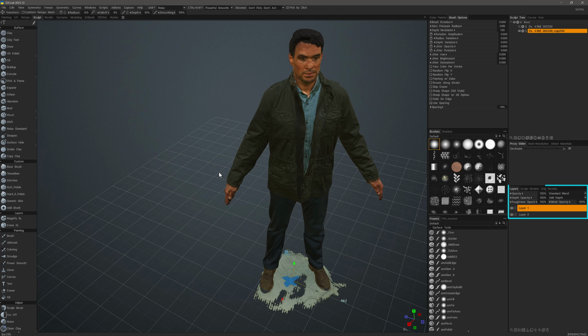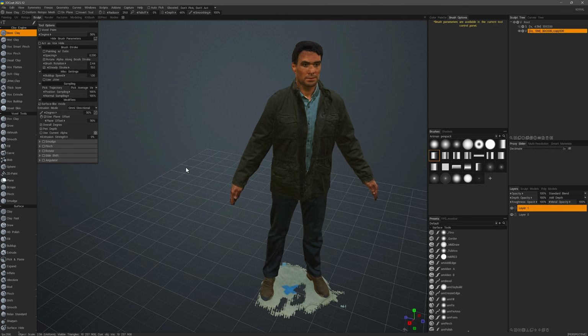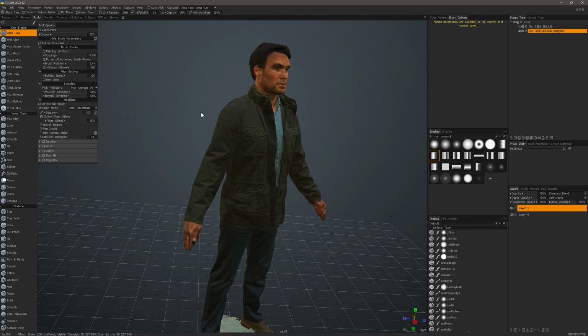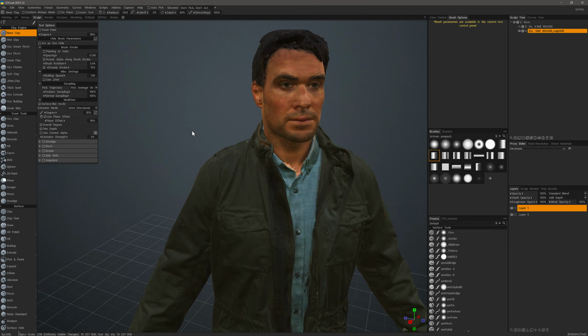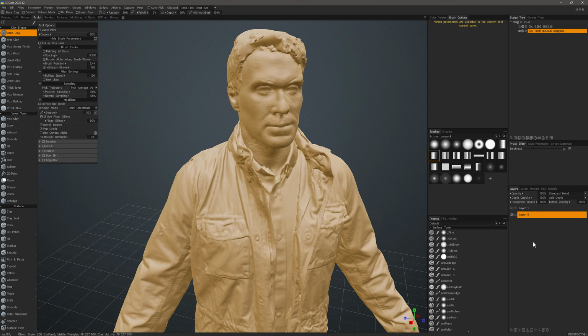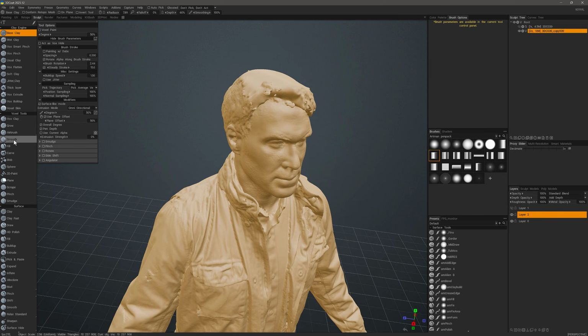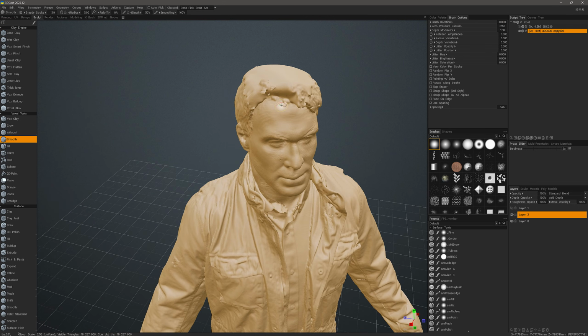Now, if you come over to the layer panel, layer number 1 has all the color information stored on it. Sometimes I will hide that layer so that I can better see the surface of the model. I'm going to create a new layer so that if I'm using any surface brushes, I can maintain some of the sculpt layer functionality on this new